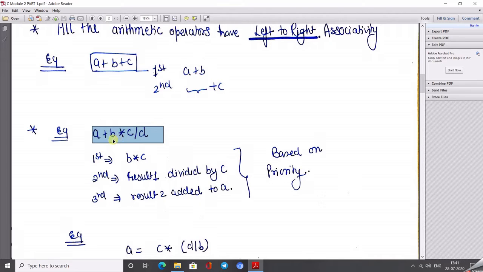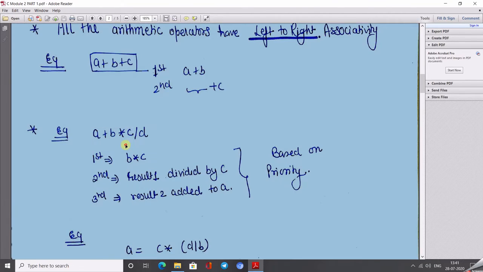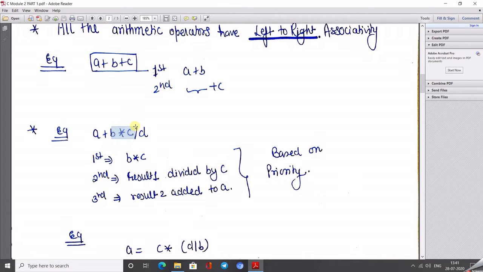According to that, first of all B is multiplied by C, then the resultant value from the multiplication is divided by D, and after getting the result of that part, it is added with A. Here I use result 1, which means B star C. The result 1 divided by D is result 2.